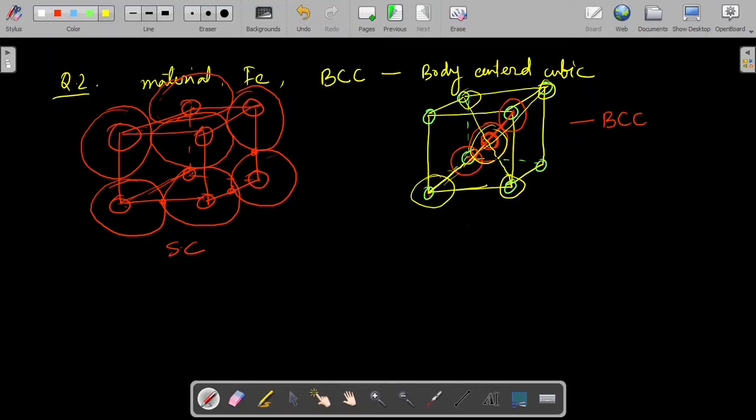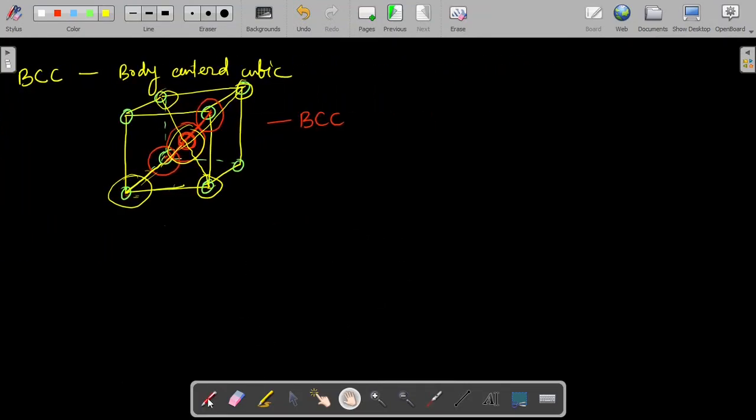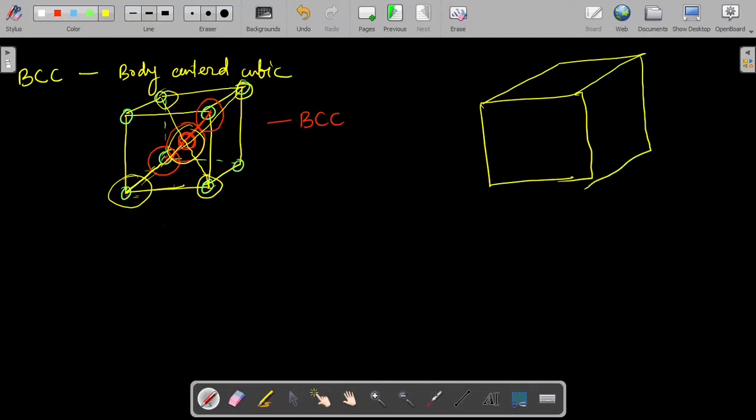But of course, when this is satisfied, that the center atom is touching each other, these two atoms would not touch each other. There will be some gap between them. So similarly, if you have a face-centered cubic, like what we did in the last class, in the last problem, if we have a face-centered cubic system where we have 8 atoms at the corner